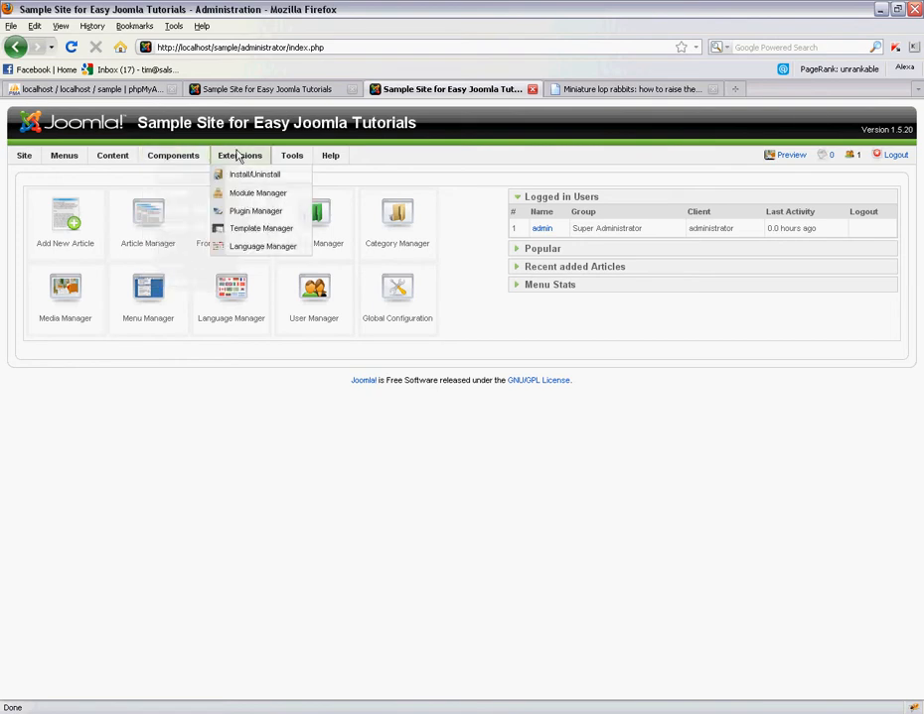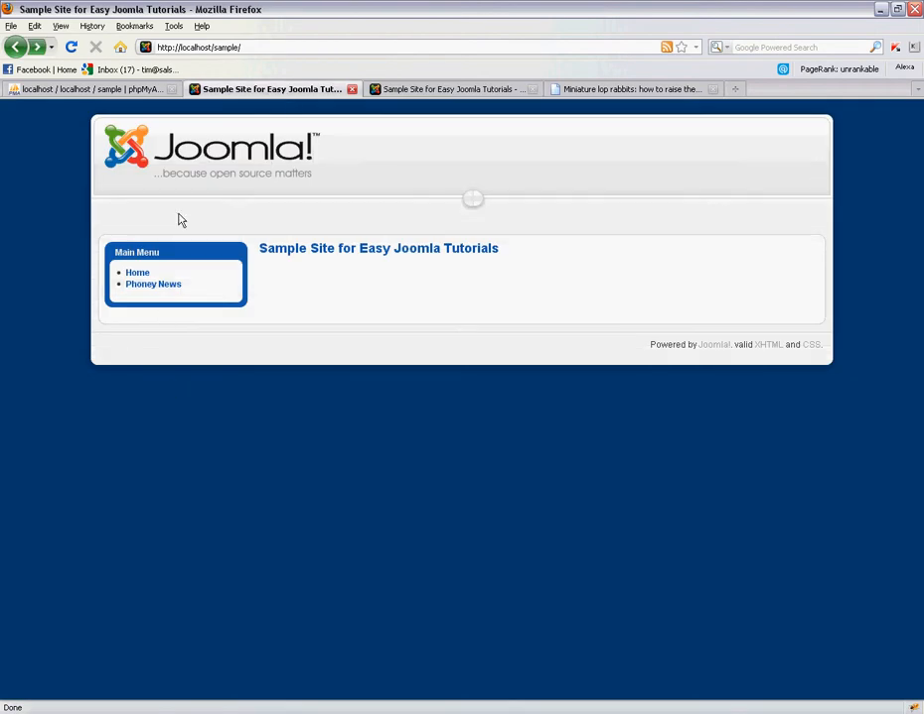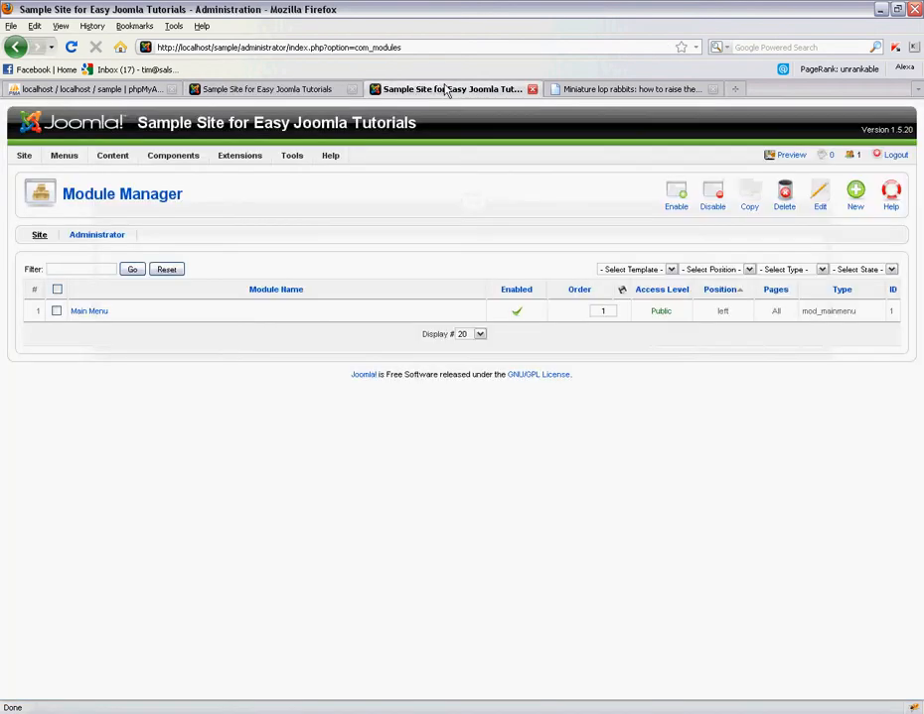So we want to go to the administration section and to our module manager, and we can see, since this is a pretty fresh installation, we've only actually got one module, which is the main menu, which we can actually already see turned on the home page here. That's just listing our menu system. So now we're just going to create a new one,